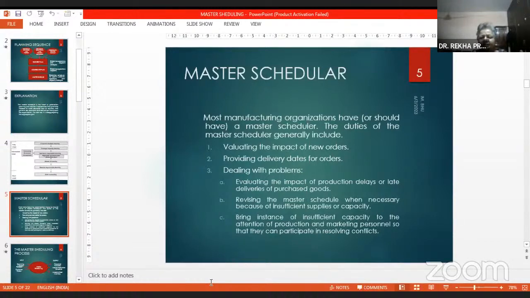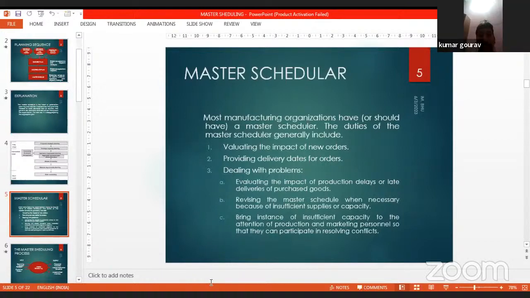Okay, what will be the impact? Suppose you get a new order of say n types of goods or services. So first you have to see what will be the impact. For that you will require raw material, you will require human resource, you will require finance, everything. So first of all, you have to evaluate the impact of that new order. Then you make a schedule, you make all the programs and see by what time you can deliver those orders.